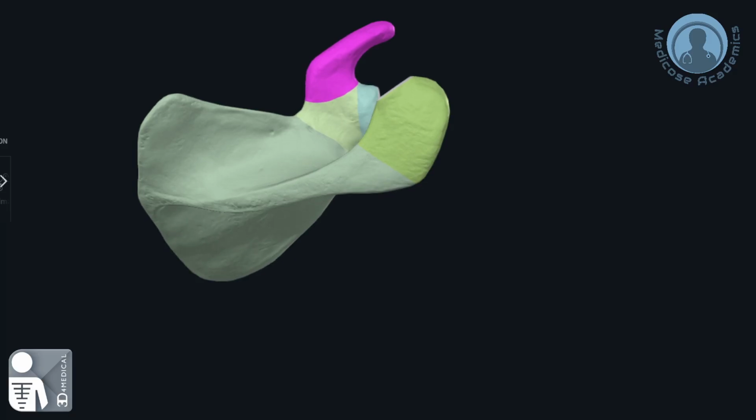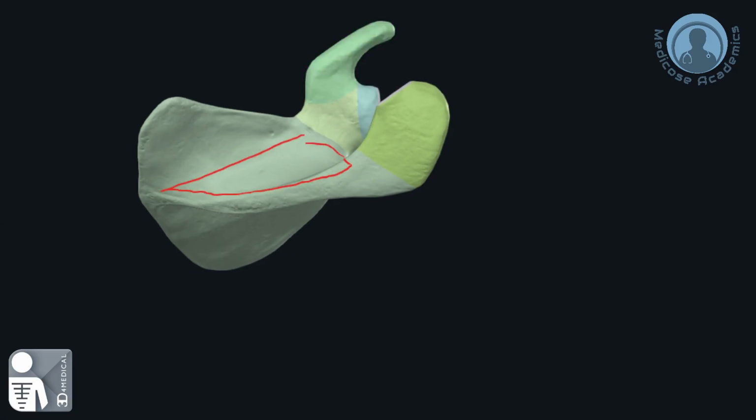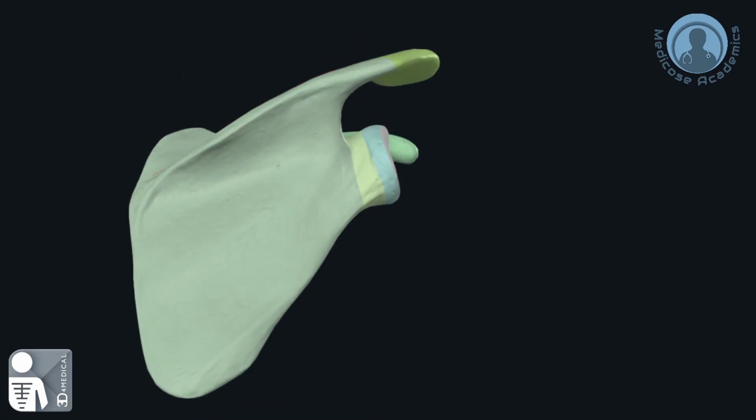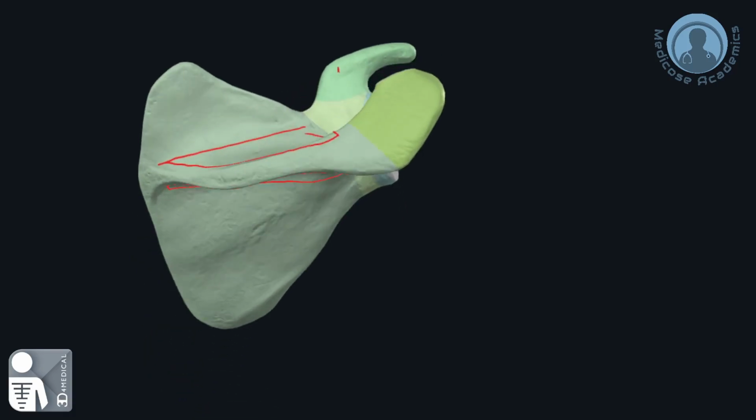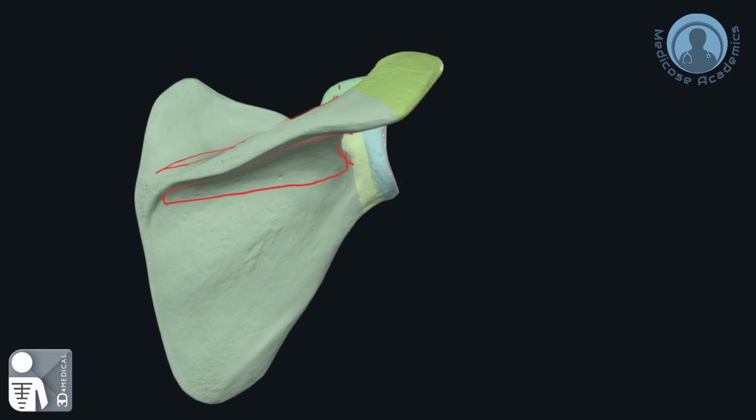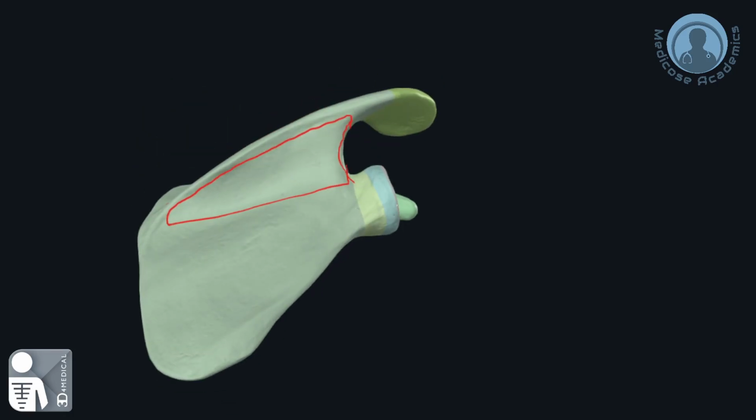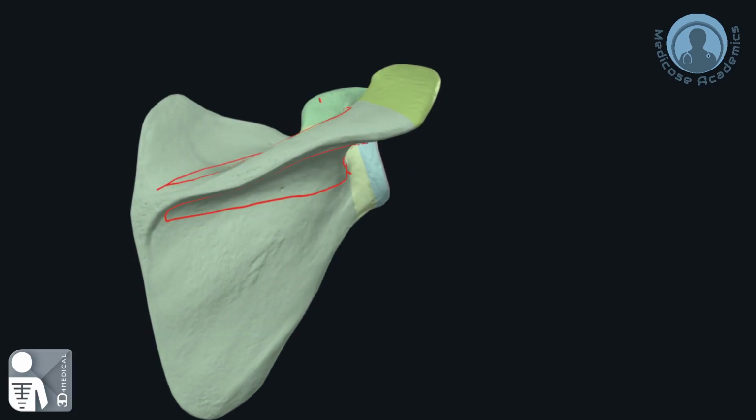This part is the spine of this whole shelf-like part seen from here and from here. This whole shelf-like part is the spine of the scapula. It has two surfaces and three borders: one free border on the posterior aspect, one attached border, and again the free border. And the posterior border is thickened here,